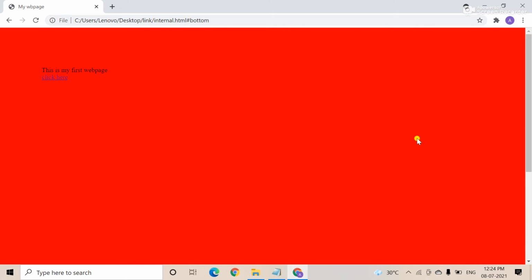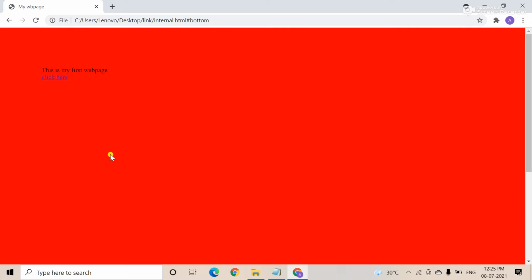Okay, understood. See, when you click on top, here is the top one, and the next one is the bottom of the page. So when you click over here, then you go to the bottom of the page, right? Just scroll up and down and see. I am showing you how to write the code.